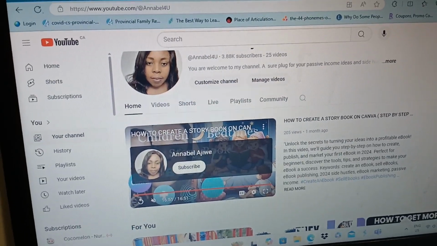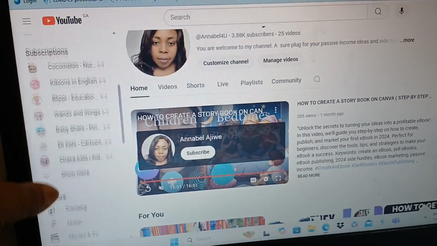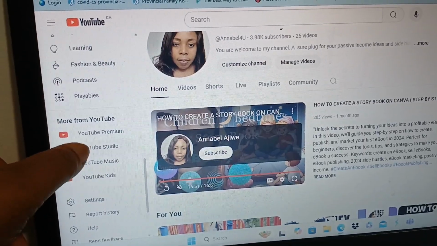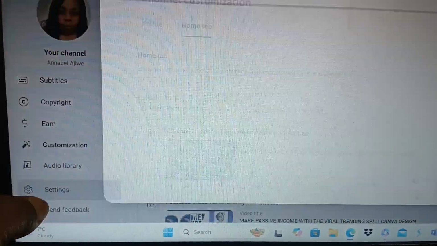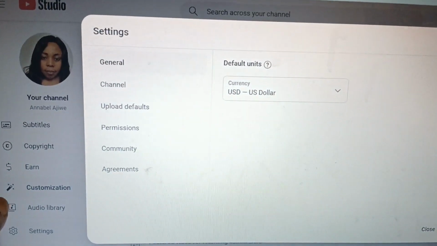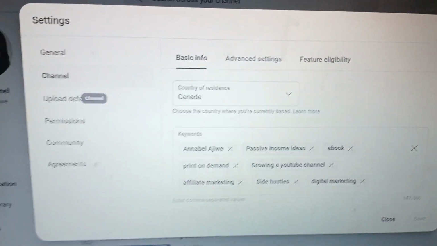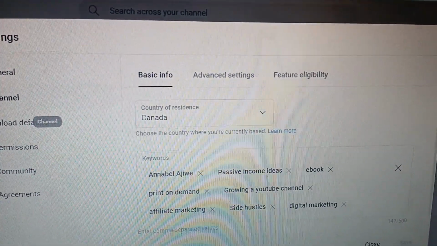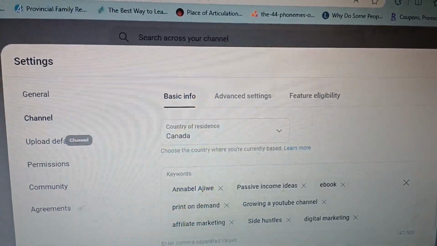So to turn on this setting, you have to come to your YouTube, you scroll down, you click on your YouTube Studio. Okay. So come over to your YouTube settings. Okay, you click on settings and it brings you to this place. You click on channel. Okay, once you get to channel, you have three features here: basic info, advanced setting, and feature eligibility. Okay, so come to feature eligibility,